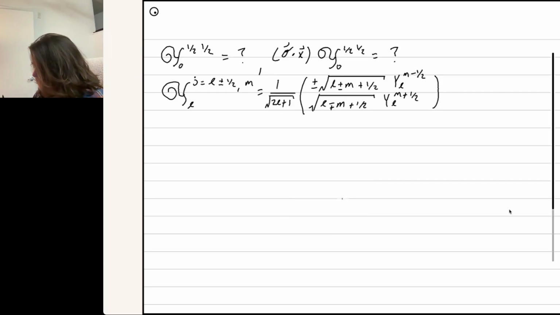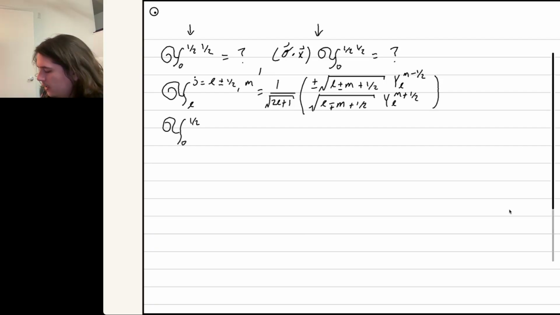We are meant to find this spin angular function, 0, 1/2, 1/2, and then we're meant to apply the operator, the Pauli vector times the position operator, onto the spin angular function in order to find what's going on with it. So this problem has a little bit of plug and chug. I've already written down the general equation for a spin angular function. That's the fancy Y equation there. So I'm just going to plug in these values for fancy Y,